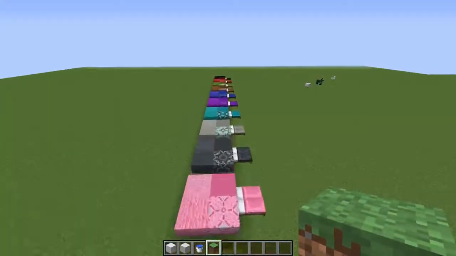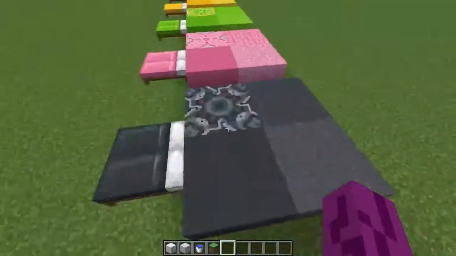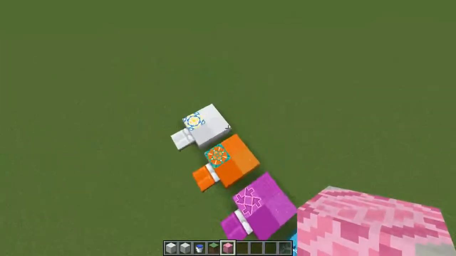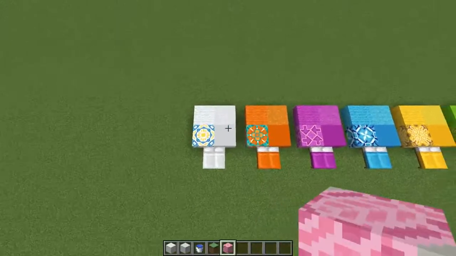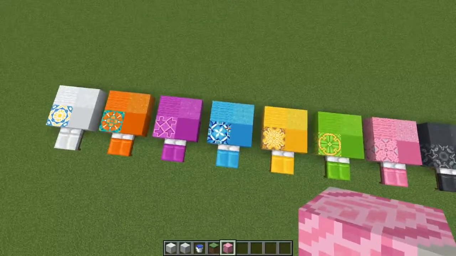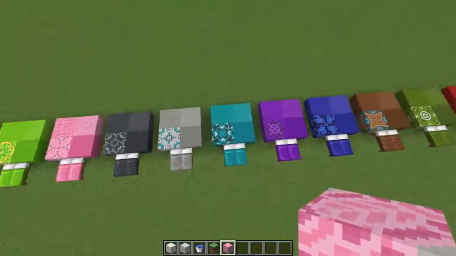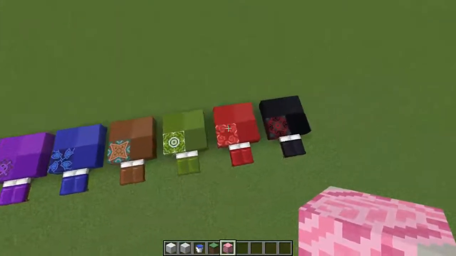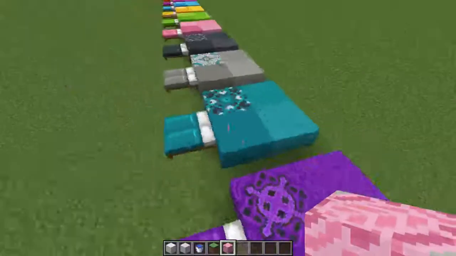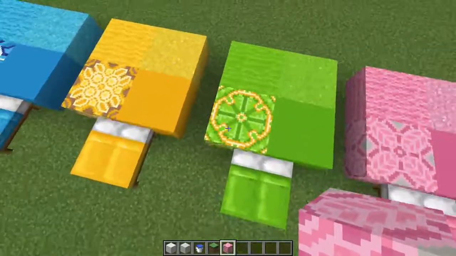And the last thing that I've got here is these new glazed terracotta blocks. We've got variants in all of the colors. I'll just do a quick scroll by. So that's the white, orange, magenta, which is arrows, light blue, yellow, lime, pink, gray, light gray, cyan, purple, blue, brown, green, red, and black. Probably my favorite would have to be the purple. It looks really cool, and I just like purple. But this kind of looks like a lime, which is pretty cool. Anyway,